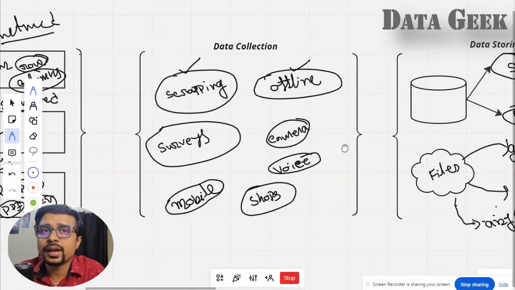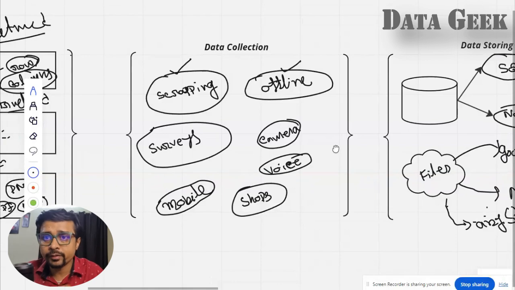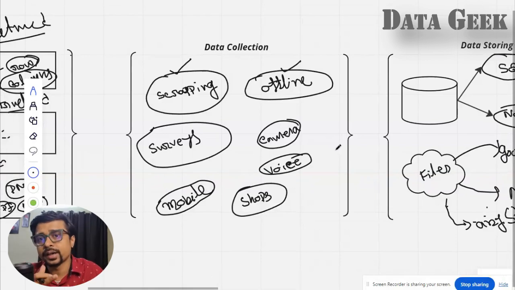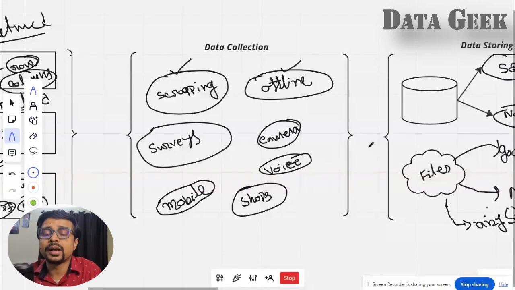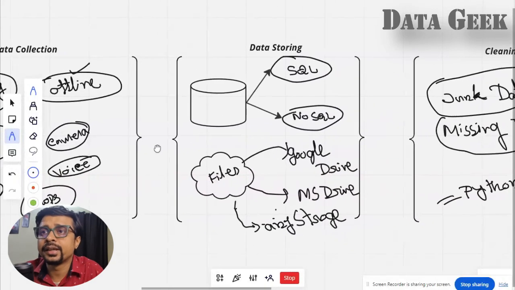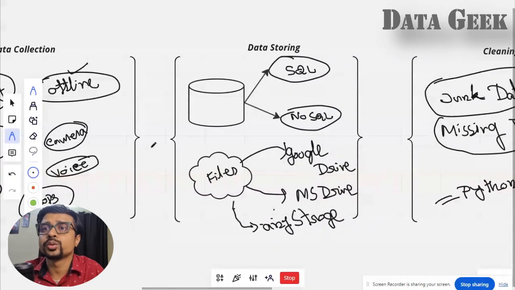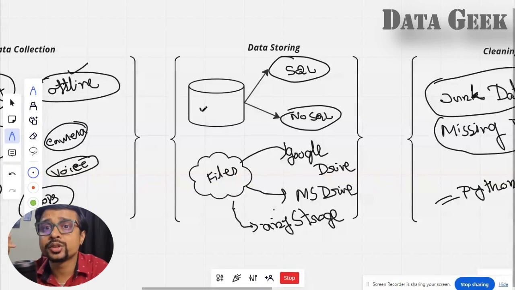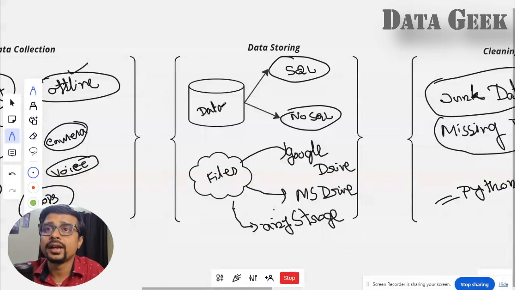Now after you collect this amount of data, you definitely need to store it somewhere. You cannot just store it in a text file or anywhere on your computer, right? Data is an important thing, and there are multiple types of data. So there should be a mechanism to store the data. The software and application which stores the data is called a database application. So this is your database.